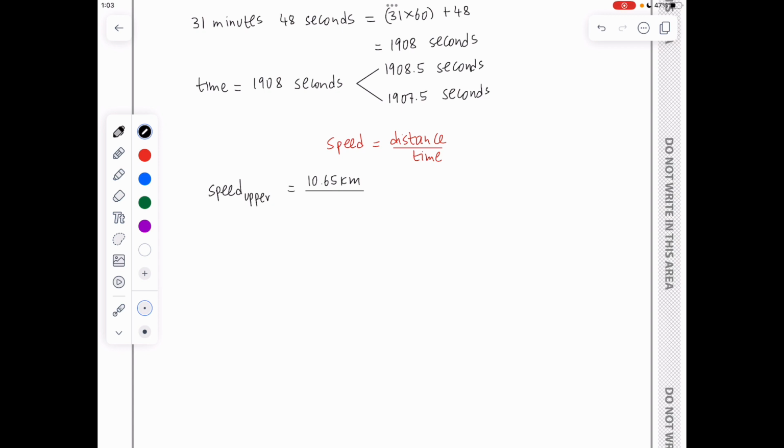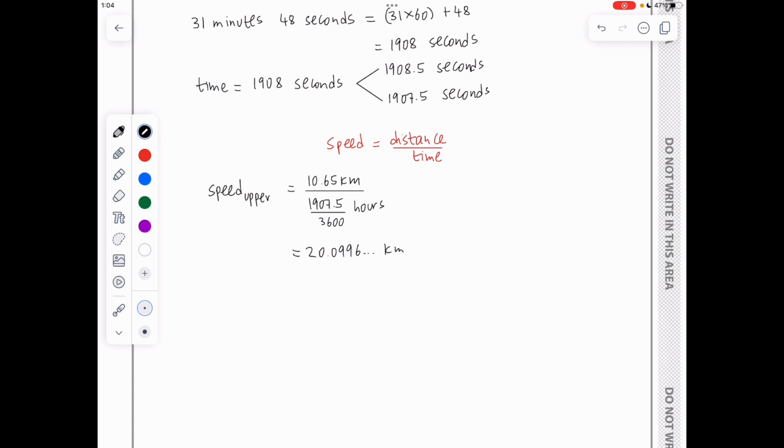So the lower bound for the time was 1907.5, that is seconds. To go to hours, I divide by 3600. So in other words, we are saying that the maximum speed is when we have covered the maximum distance in the least possible time. This gives an answer of